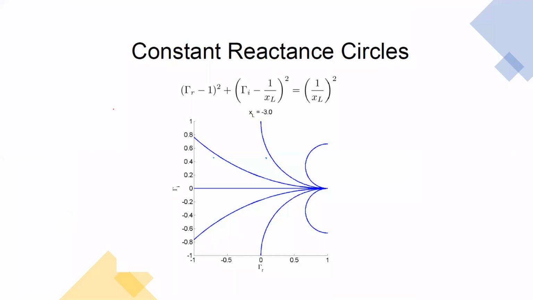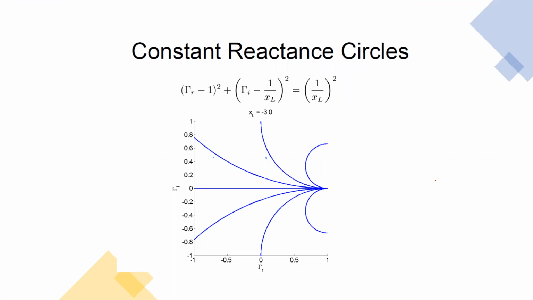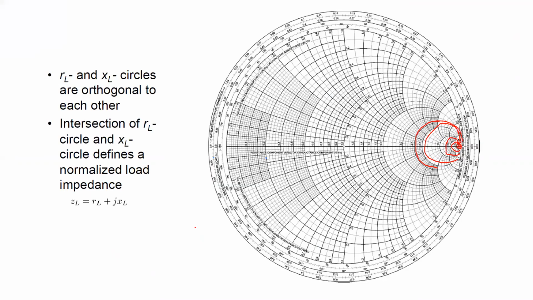Next, apart from that, we have another parameter, the reactance circle. Again, this is obtained from the equations we obtained previously. From that, we represent it in the form of circles. When we plot it by considering this point, we obtain circles which are represented in this form. So where does this fall? If I start from this point, you can see there is a line going in this form. This is actually a circle.